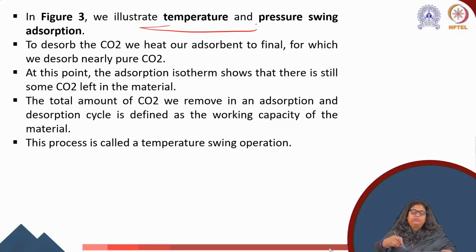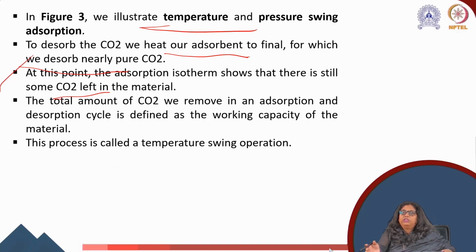So we do have the system here, temperature and pressure swing adsorption. To desorb the CO2, we heat our adsorbent to a final temperature, at which it releases the CO2 from the bed. At this point, the adsorption isotherm shows that there is still some CO2 left in the material, and the total amount of CO2 we remove in an adsorption and desorption cycle is defined as the working capacity of the